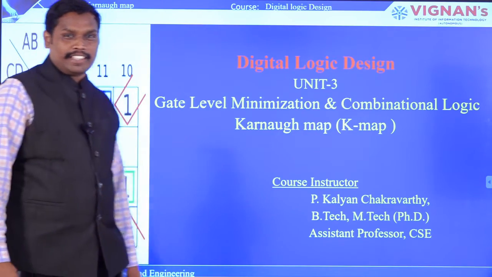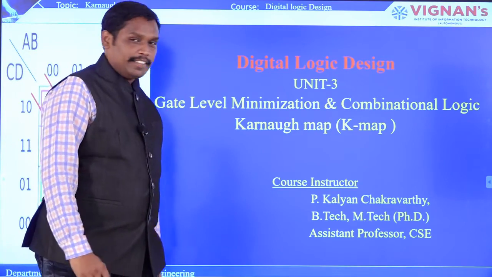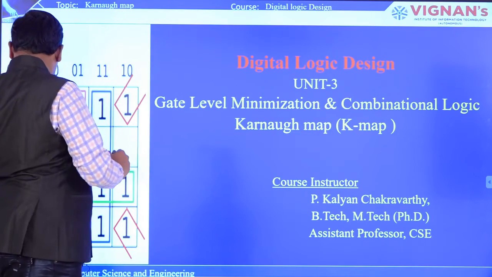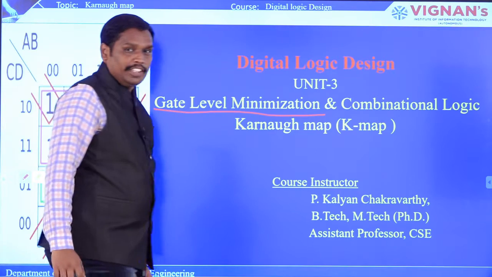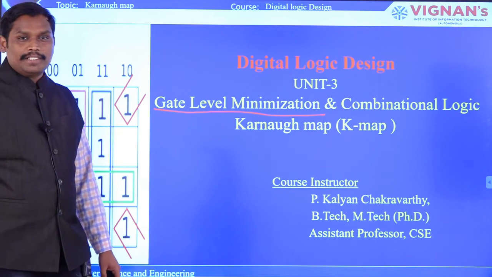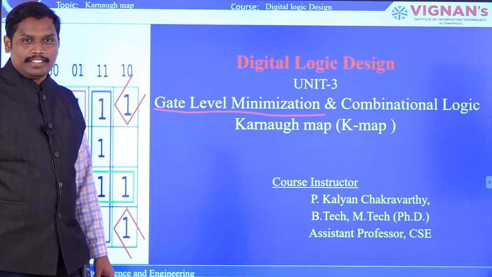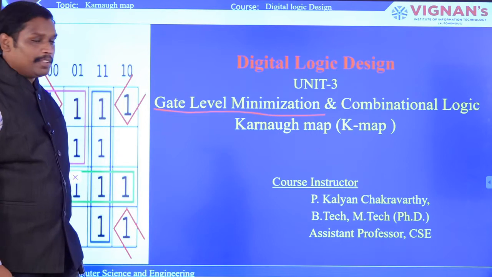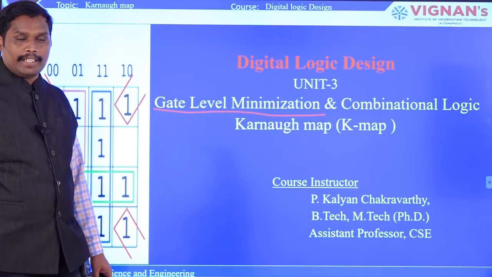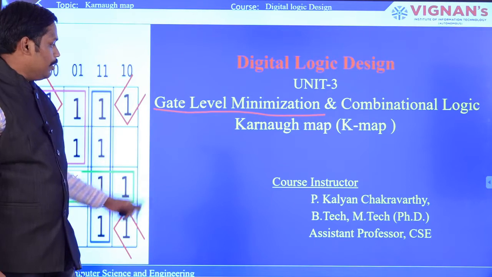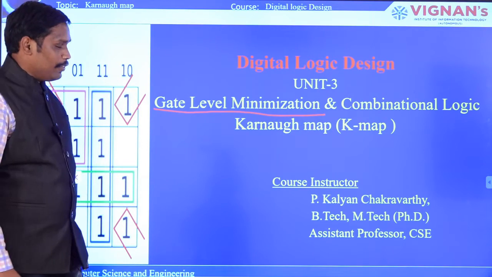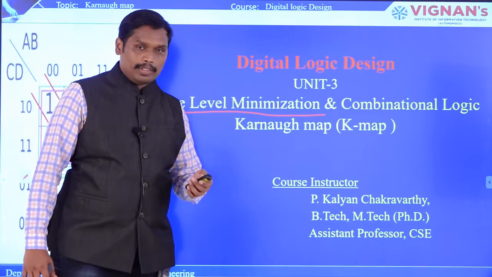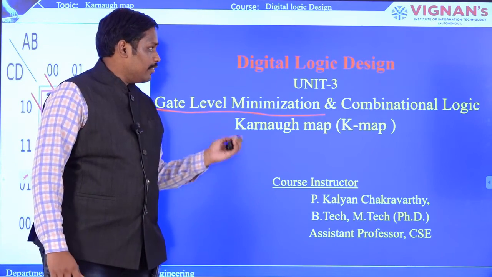Right. Welcome to the second lecture in Unit 3, that is gate level minimization. We have seen in the first lecture the forms that are given, SOP and POS. So, SOP and POS forms we have simplified using Karnaugh map. That is a technique that we use for simplifying the Boolean expression which is having Boolean variables. So, we will see some of the examples or problems which are there for this